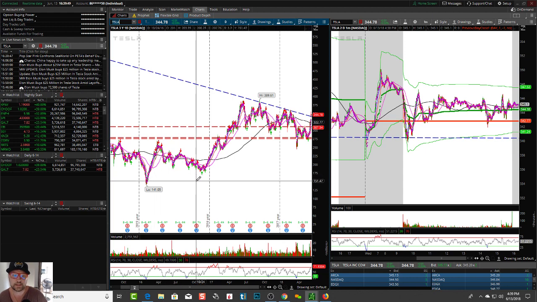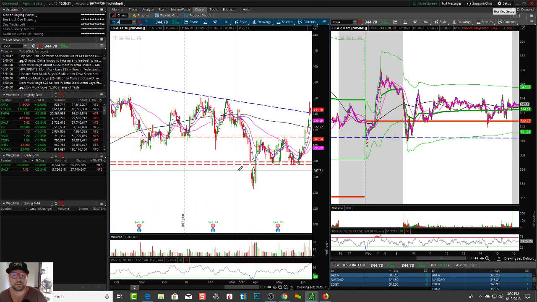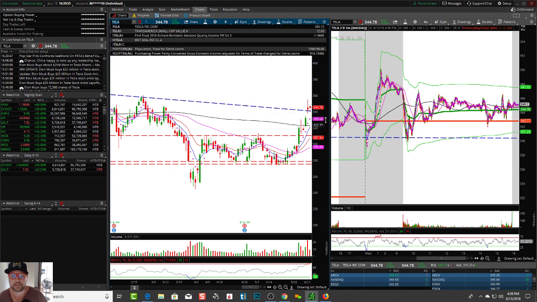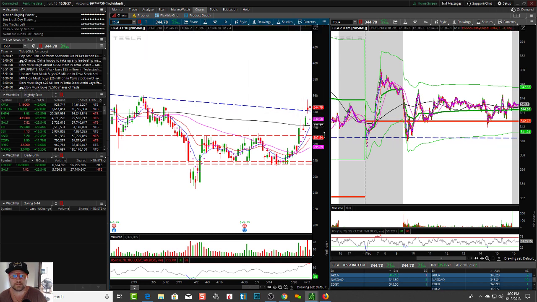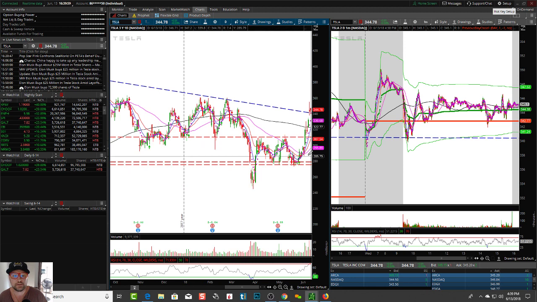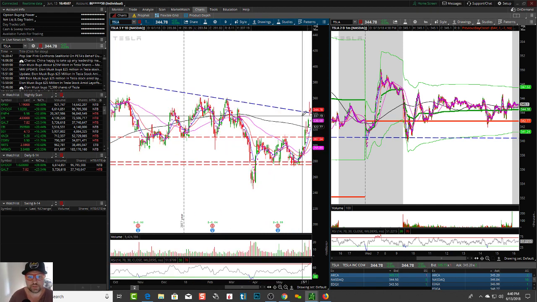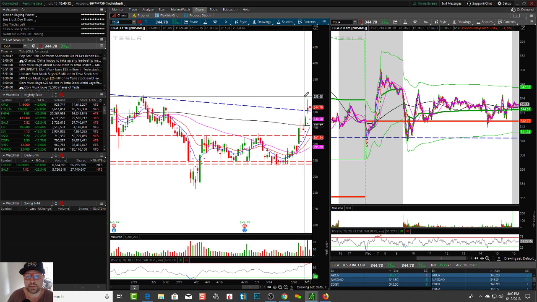And Tesla, I mean, I look at this chart and I'm like, this chart is not good. It could go either way, right? You can see here, it was kind of a descending triangle-ish or a descending wedge area. What did price do? It broke out of angular resistance. So it broke out, came back, and now it retested.